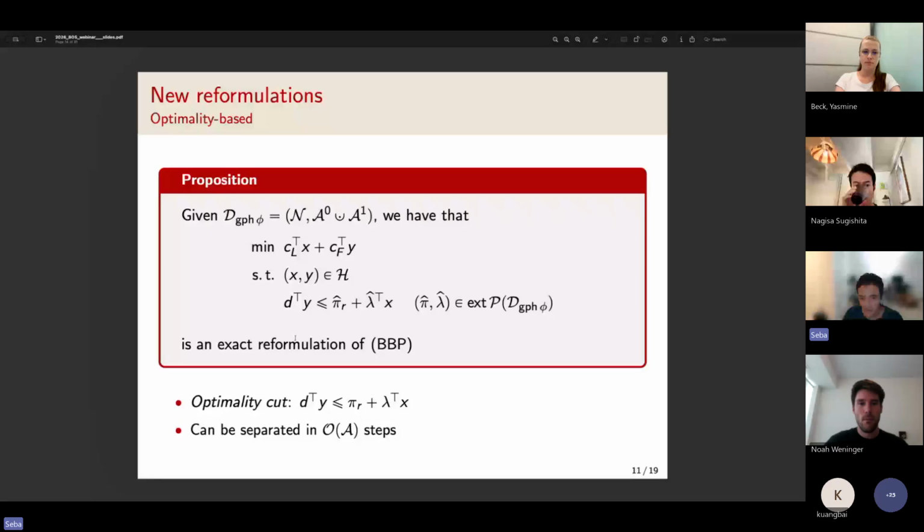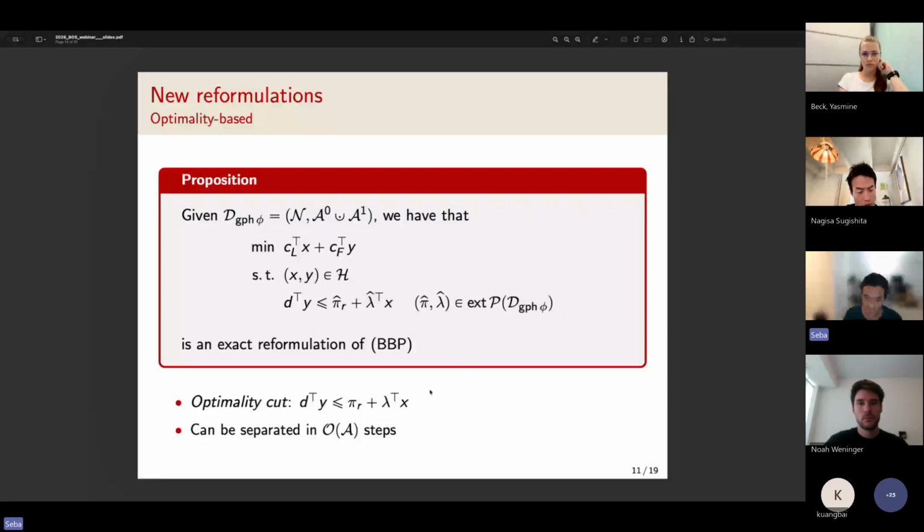So you can somehow split this lambda portion of the array into two components, one multiplying x and a different one multiplying 1 minus x. The constants are going to be absorbed by pi, or pi r in this case. So indeed, no good cuts are one possible extreme ray of this cone. Naturally, it will provide a super weak continuous relaxation. So we provide a simple procedure that can yield tighter cuts,